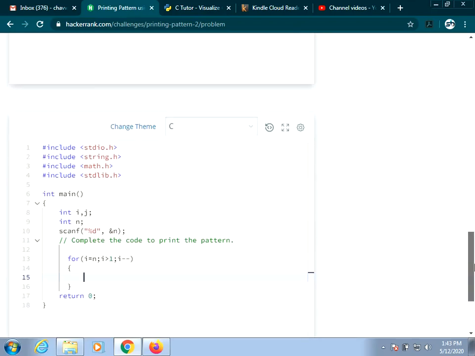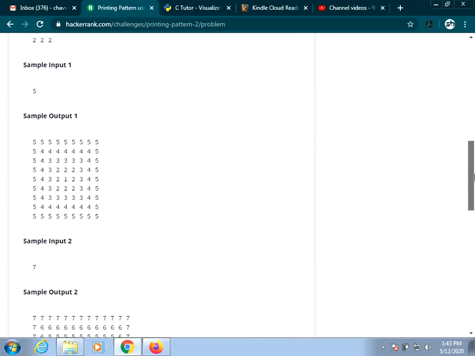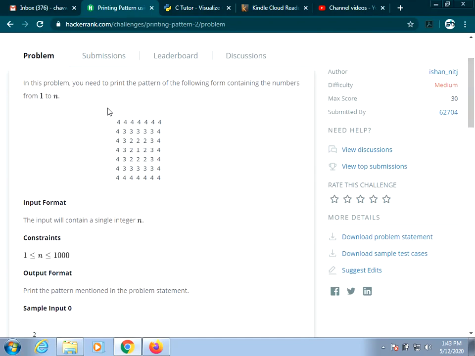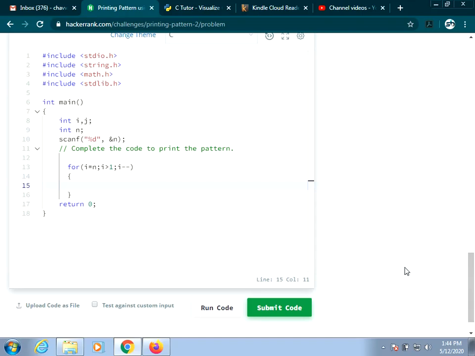So if you take this part, whatever you are going to try to do, that is the first 3 lines of your output. In these first 3 lines you should be able to again break down what you are doing here, that is for i equals n. n means n will become 4 now. Okay, i greater than 1 means i will loop from 4, 3, 2. So it will print the first 3 values here. Okay, once after writing the code I will explain it clearly for you.